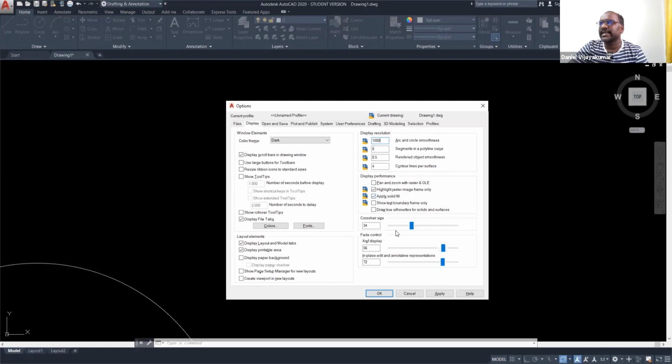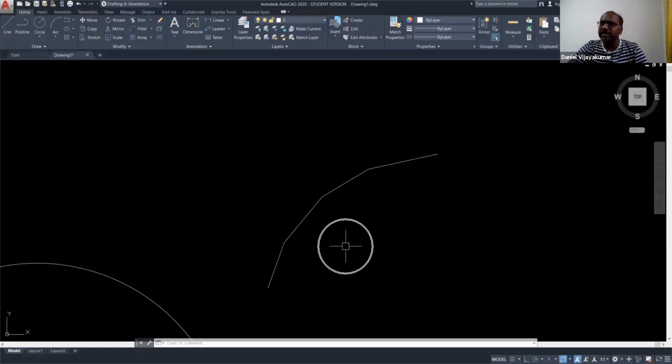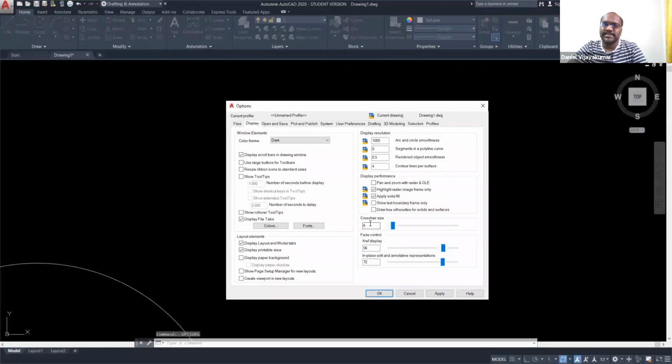This one is the crosshair size. The crosshair size means you can adjust it from 1 to 100. For example, if I put 6, are you able to see my crosshair? It's very small, a plus with a box. Am I right? Because my crosshair is 6. If I change it to 70,